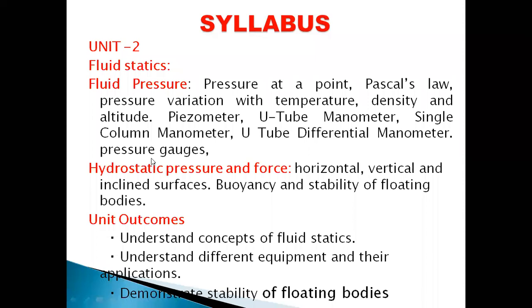Manometers we will discuss afterwards, and pressure gauges I think everybody might have seen if you go to a cycle shop to fill air in your tubes. Normally, if you go for a bike, that person keeps air from the compressor and checks with one more small tube with a small dial, a small gauge, that indicates that the inside pressure of the tube must be only 33 bar or so, something like that.